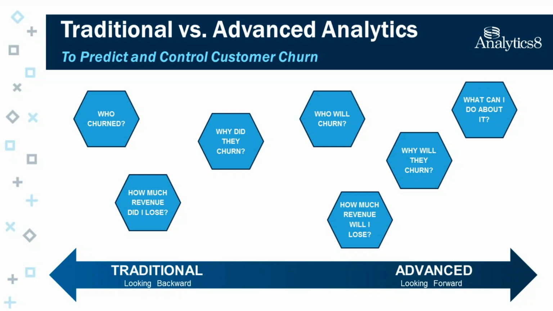So you may have heard the term prescriptive. That's what we start talking about there. It's what happened versus what will happen, and how can I change what will happen or try to affect some behaviors. So that's where these things look like on the spectrum when we're talking about churn.